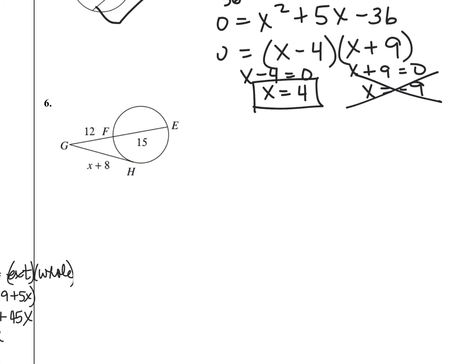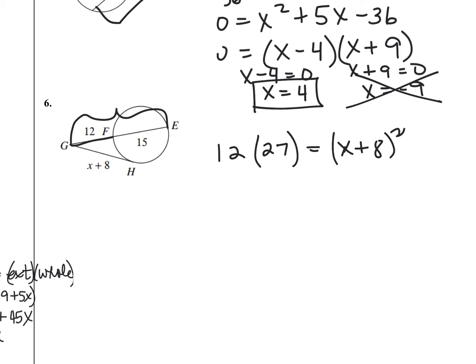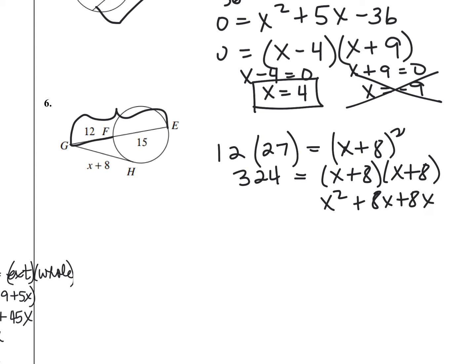Okay, let's look at our next one. Exterior times the whole thing. 12 times 15 plus 12 is 27 equals x plus 8 times x plus 8. And we're just going to write x plus 8 squared. Okay, so this is 324 equals, well, I guess I should write it out. So we remember to FOIL it out. X squared plus 8x plus 8x plus 64, x squared plus 16x plus 64